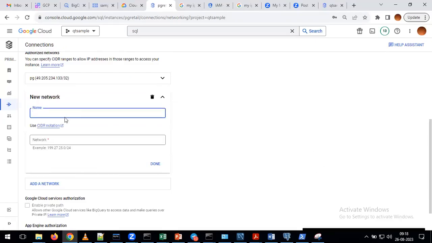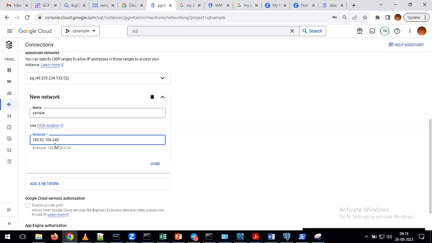Okay. It is asking for a name. You can give any name. You can give sample or your name, any name. Just give a generic name. Click on Add network, and give the name. After that, it is asking for the network. So please give your IP address, whatever IP address you copied in the previous step.